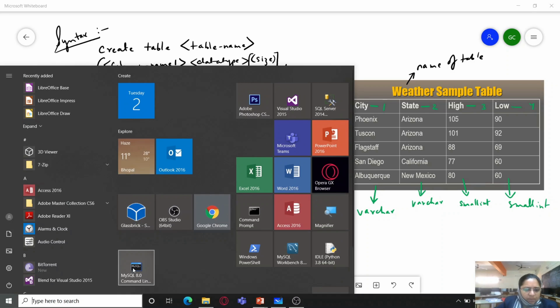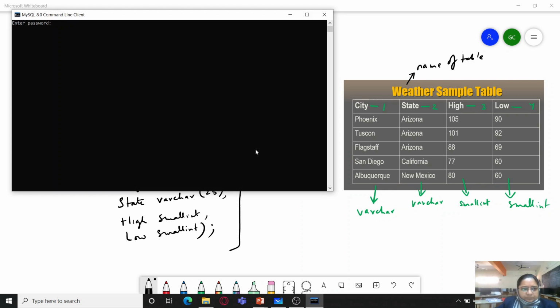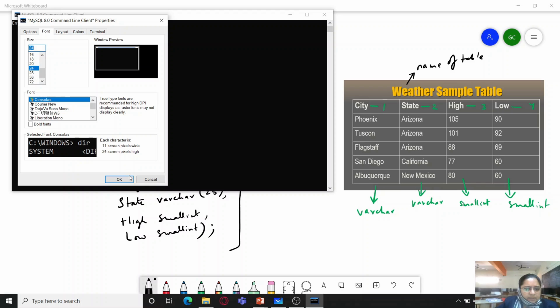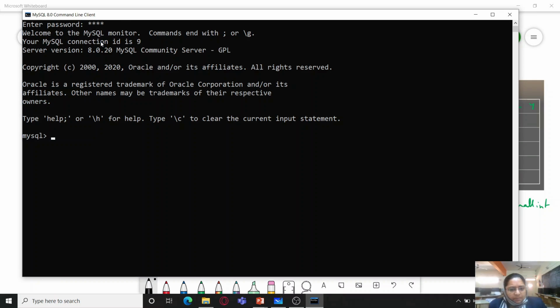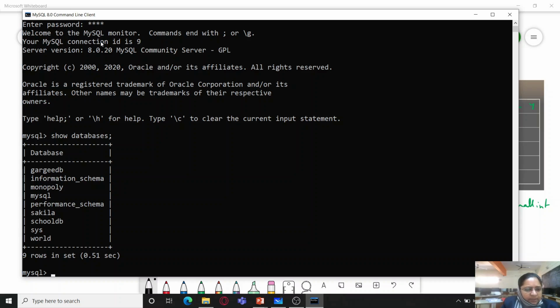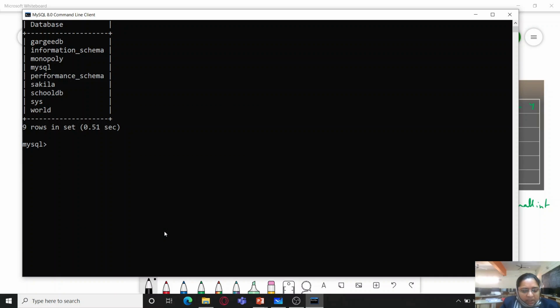So I'm going to first open the MySQL command line prompt. By going to properties, you can increase the size of the window. So I've increased its size. The password on my system is 1234. You might also have set some password when you installed it on your computer. So right now, first I will check the databases because we had already created the database and we are going to use the SchoolDB database which we had created earlier, and I'll write use SchoolDB. So now the database has been set to SchoolDB.